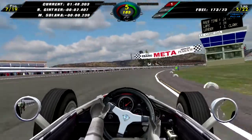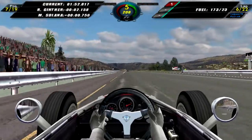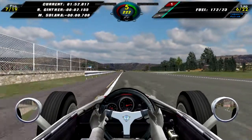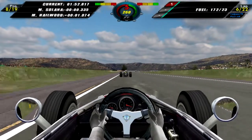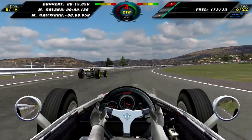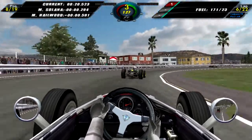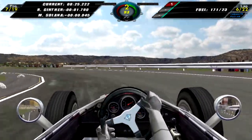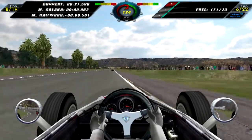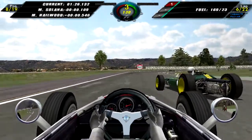Coming around to finish lap 5, and we overtake Moises Solana for 7th, just one place below the points. Richie Ginster is next. Hopefully we can catch him fairly soon. However, a little bit later, Moises Solana manages to overtake us, so we drop back down to 8th. I wasn't very happy with that, so I made it my mission to try and overtake him again, and I kind of did for a split second there, but he managed to keep the faster line and stayed in front